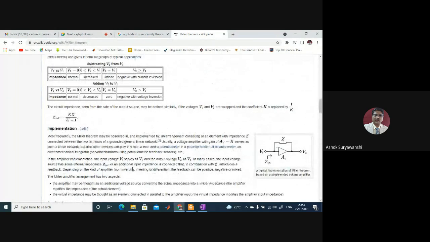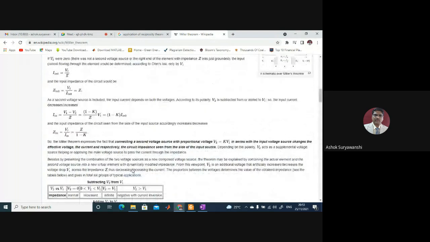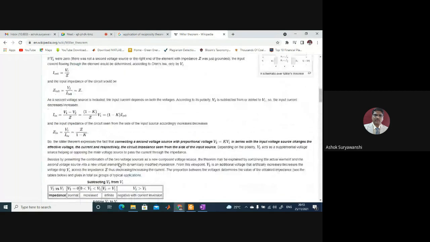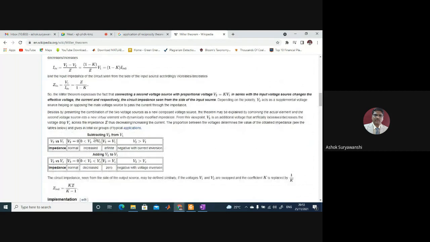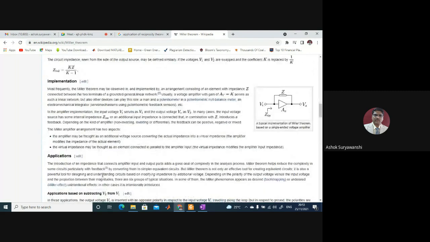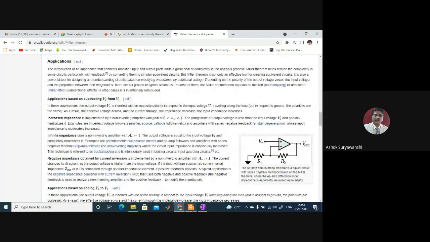In case of implementation, what you are exactly doing is subtracting v1 from v2 or v2 from v1. Depending upon that, you will get these particular values. Either there can be a plus sign or a minus sign. That depends upon the subtraction or addition. It depends upon what you are doing. So if you are subtracting v2 from v1 or adding v2 to v1, depending upon that, the equations will change, right? Okay, so no need to go into such details.